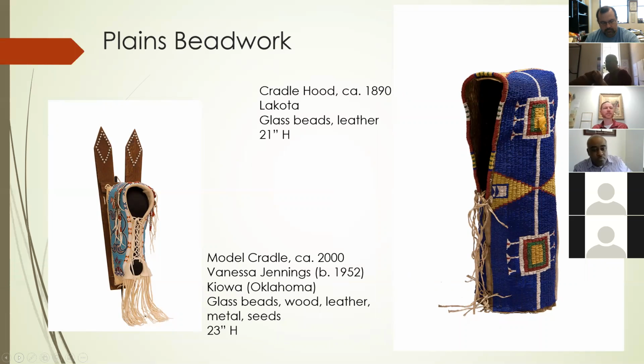Okay, and going from southeastern basketry to plains beadwork, I chose a couple of cradles because, as I mentioned earlier, I think those are some of the most interesting segments of plains beadwork that we have. And there's really a great variation among cradle forms among all the tribes of the plains, and I just narrowed it down to two here. The example on the right-hand side of the screen is what we call a cradle hood or a soft cradle. There's no wooden support or back to it. It's actually a piece of rawhide that's been fully beaded over, and it's from the Lakota people,